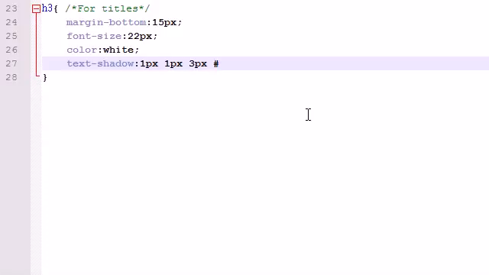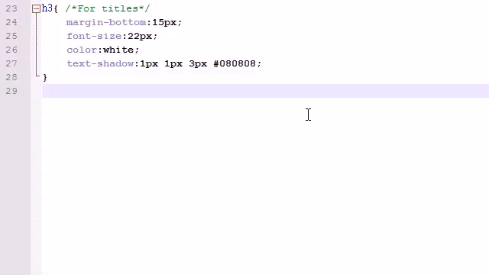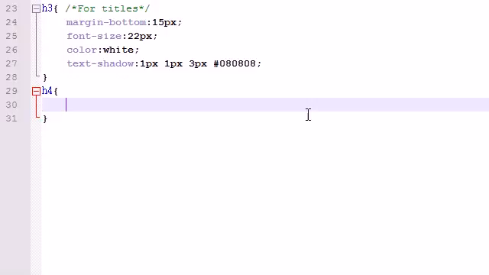Not all of the shadows have to be completely black, and if they are completely black, they sometimes look a little bit funny. So I'm gonna make mine 080808, which is a shade of gray, which I think works really well for titles. Now for heading 4, moving right along, this is pretty much going to be the